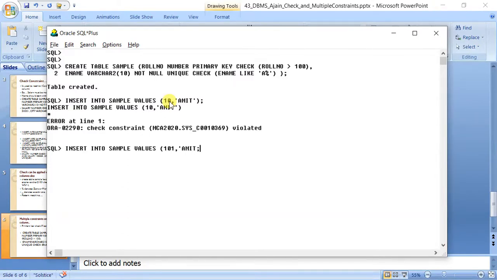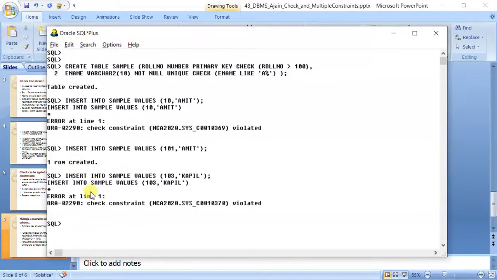You can see that it will be allowed. Okay. Let me insert one more, 102, comma couple. It will not be allowed. So you can see 369 was related to this roll number and 370 is related to this, because any name not starting with A is not allowed.